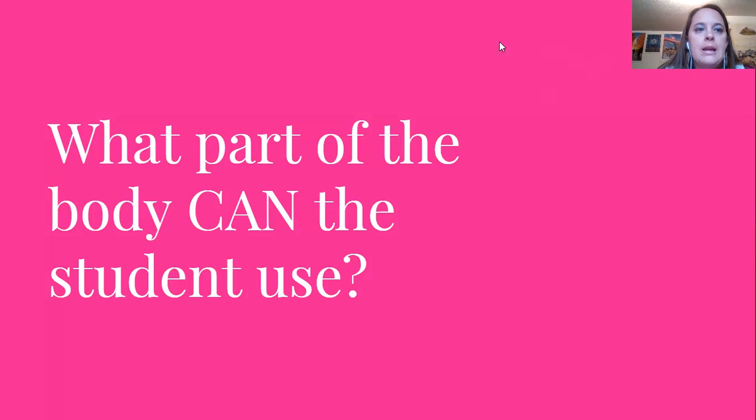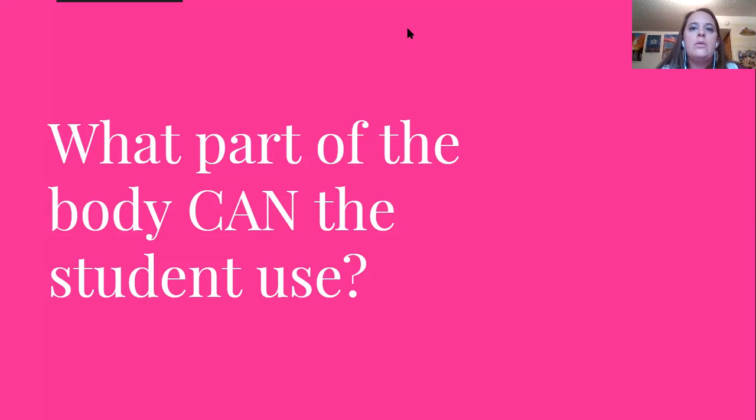One important thing when you're talking about switches is what part of the body can my student use? And I'm talking about students that may have low core and upper limb strength, students that may be in a wheelchair, or maybe some of our autistic students that just need to move, and we kind of need to engage them and kind of work on some of those striking skills, or object control skills that might be extremely difficult, or maybe it's a social skill that our students with autism aren't able to work with partners, but if they work with a switch and work with a partner, you're going to see that in my video too.